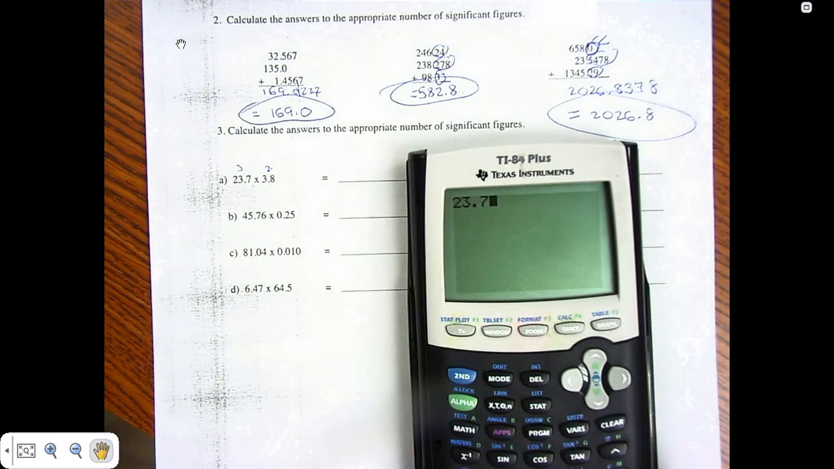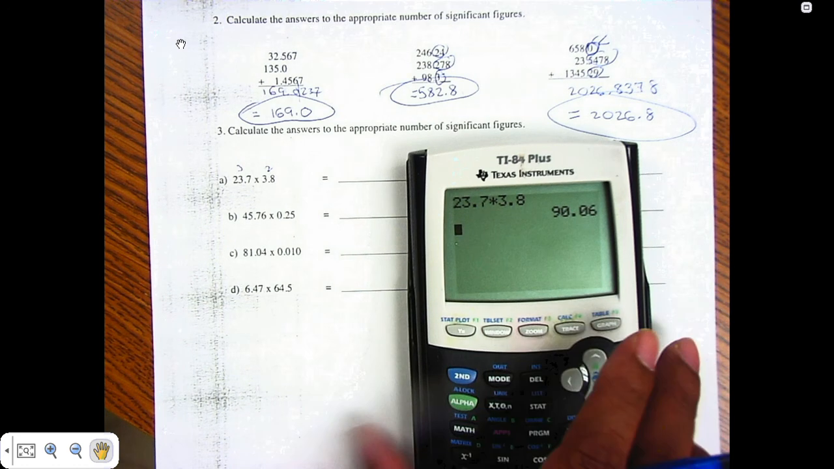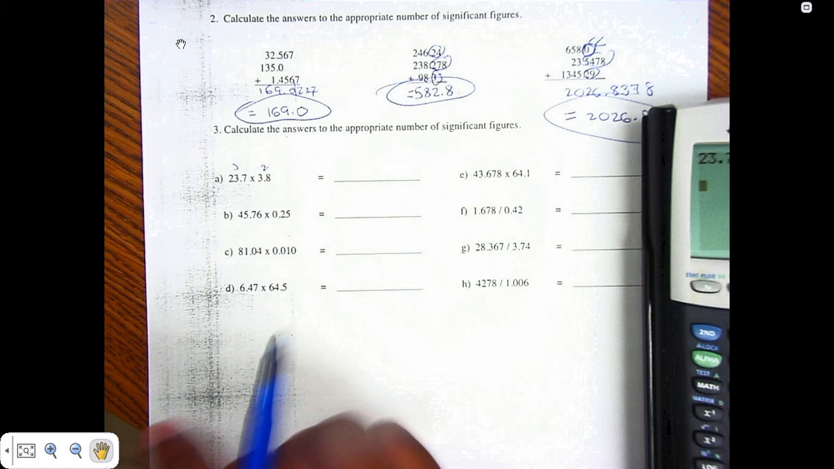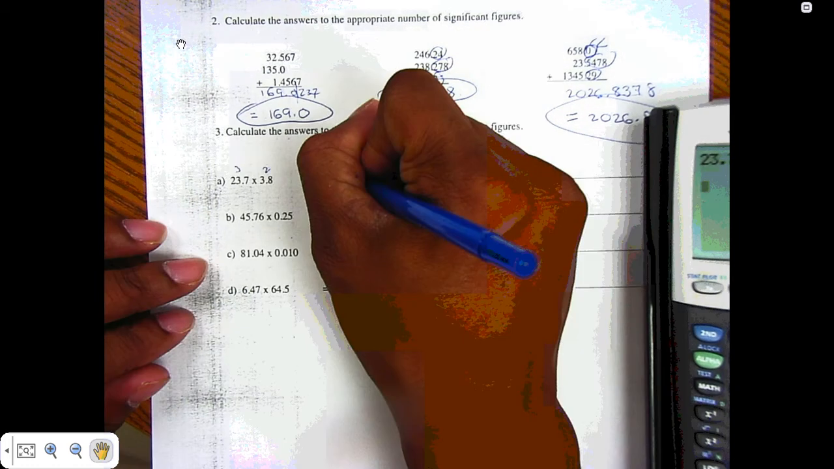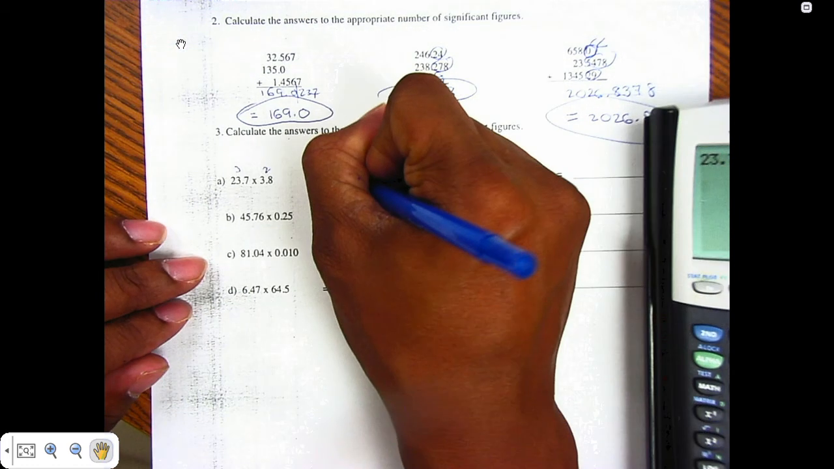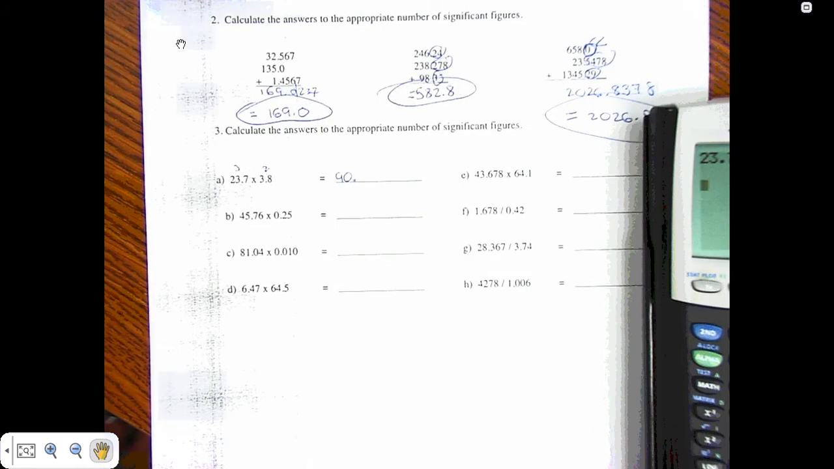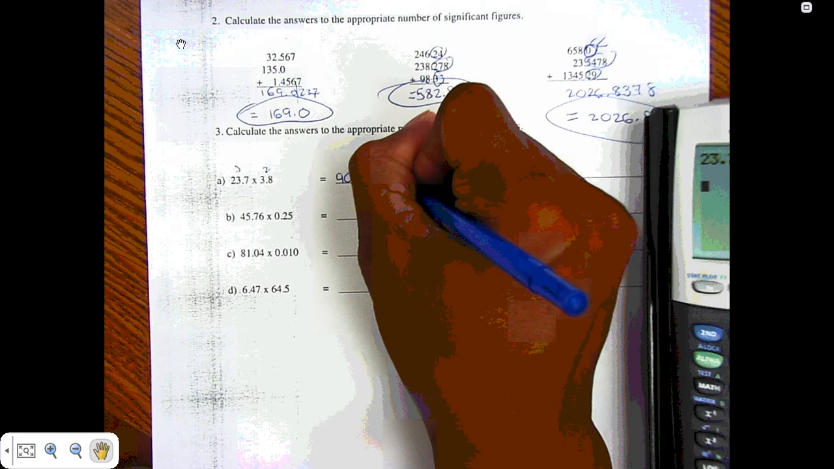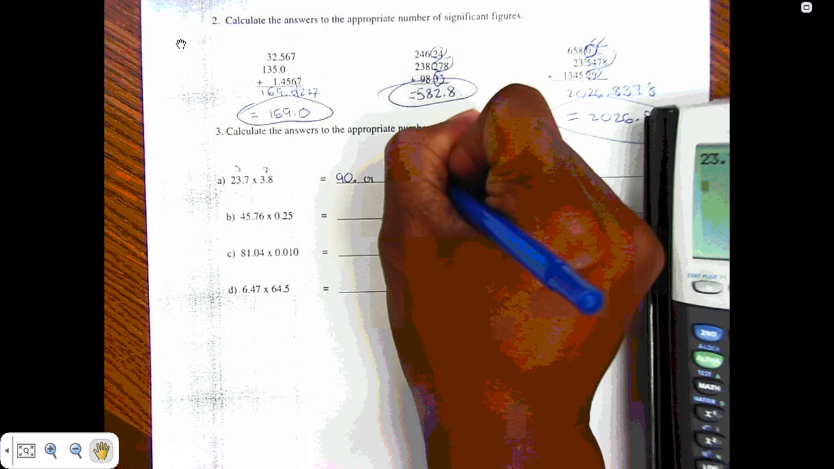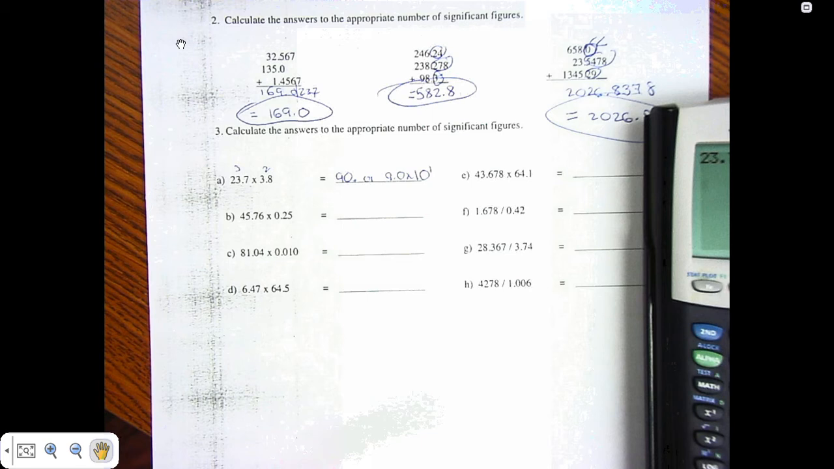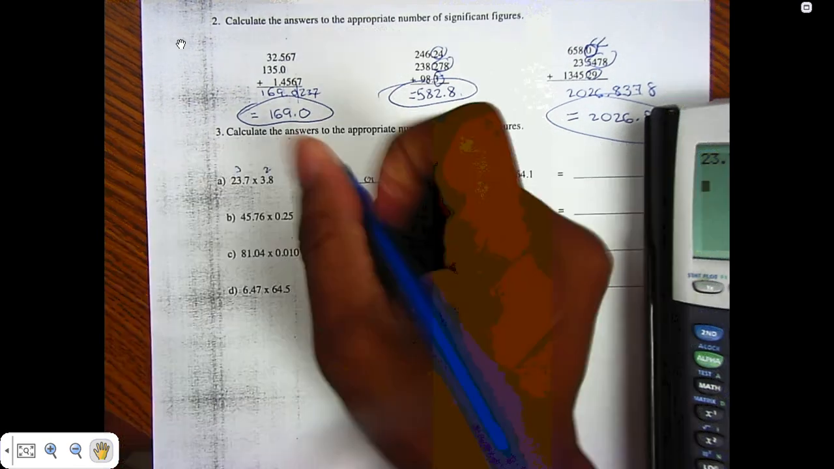So when I multiply 23.7 by 3.8, I'm getting 90.06, but I need to go ahead and represent that using 2 significant figures. And there's 2 ways, really. There's 90 and a decimal point, making that 0 significant. And then there's scientific notation, which can be expressed using 9.0 times 10 to the first. Excuse me. Moving on, letter B features